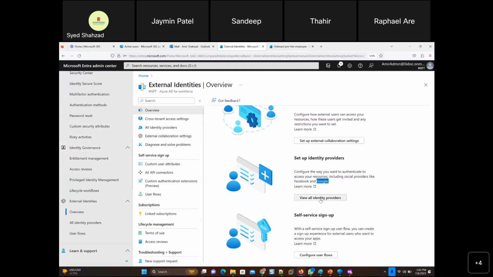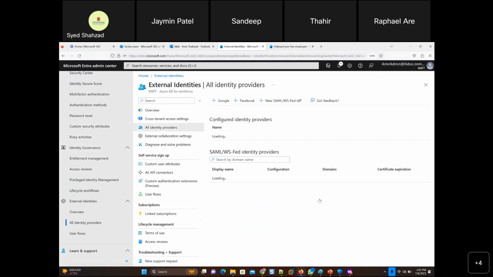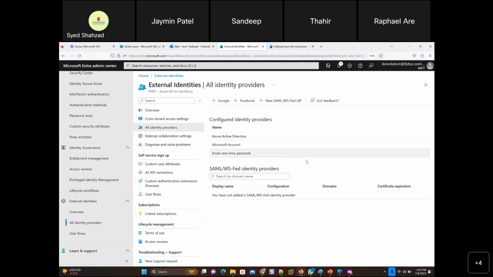So if I go to view all identity providers, there are some common scenarios Microsoft has already added there. So plus Google, plus Facebook, new SAML or WS-Federation identity provider, or IDP. This is for on-premises, for local branches that you want to connect, but this is obviously the cloud. And we have gone through some of it.